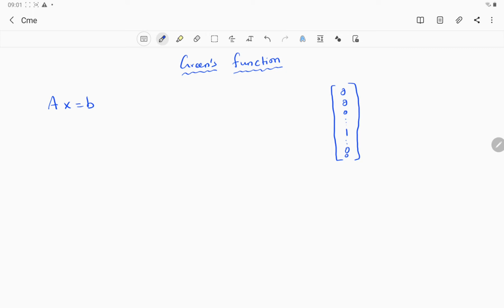So when we need to solve a differential equation, we will convert that differential equation into an operator like A, and a column vector b, which will be the result when A acts on x. In a finite dimension, what do we do? We just invert the A and we solve it. So instead what we could do is,